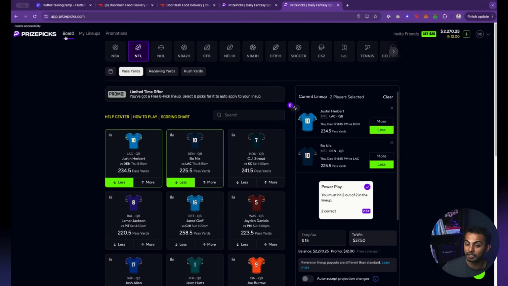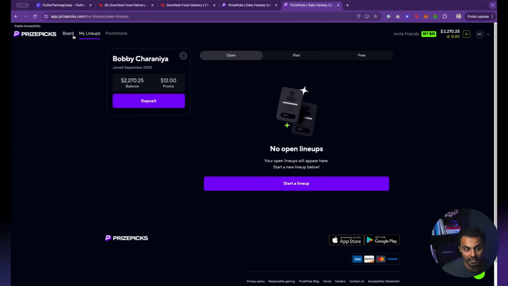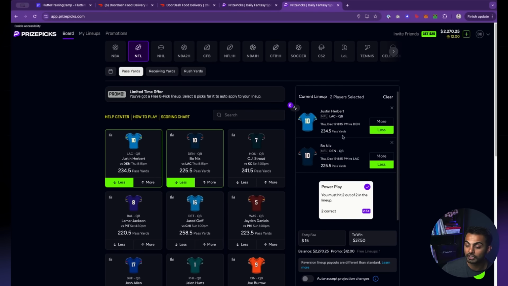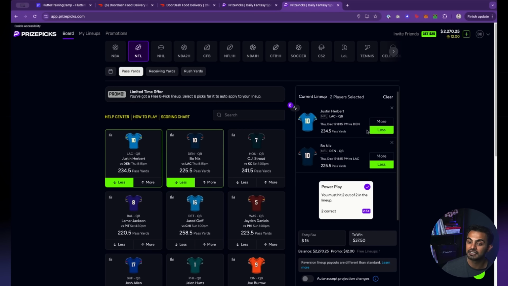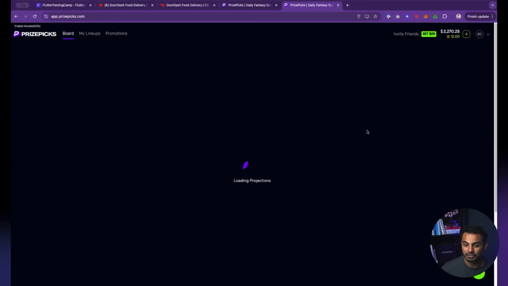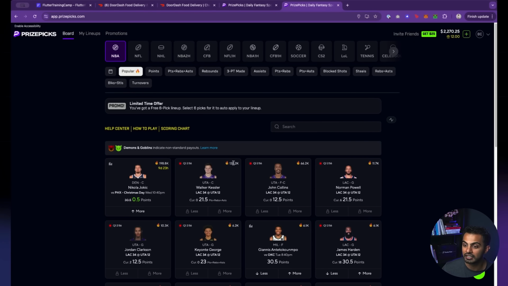However, in another scenario, it could be that when you go to my lineups and board, this would clear out. That would mean that the developer used page state to only keep track of this data on the page. But it's obvious here that when I go to other pages and I come back, this data still exists. That's because they used app state.